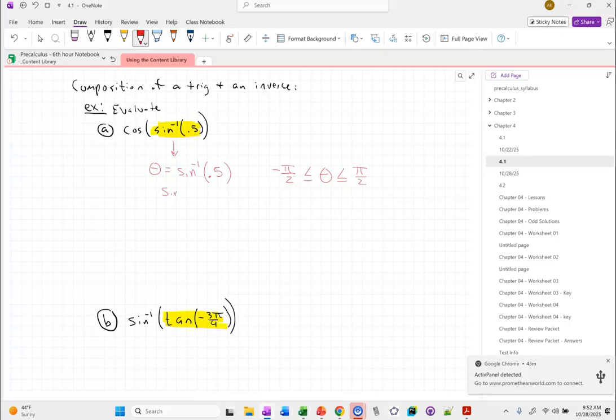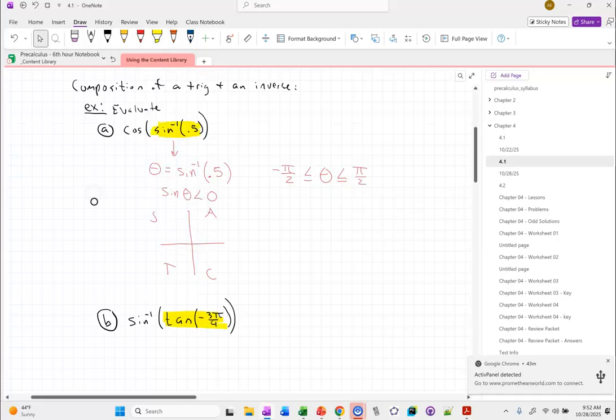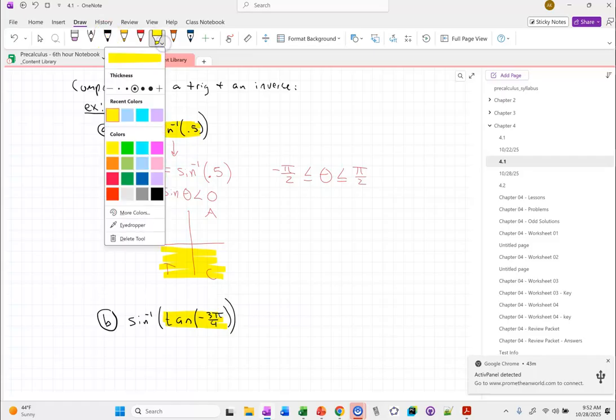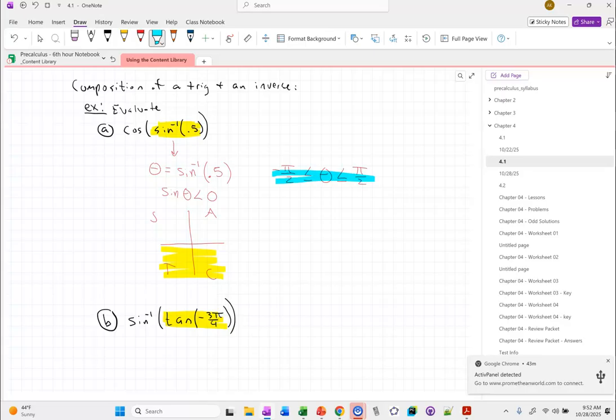So I know that sine is negative. So where is sine negative? Yeah, quadrants 3 and 4. And then we need to identify what quadrants are covered from negative pi over 2 to positive pi over 2,